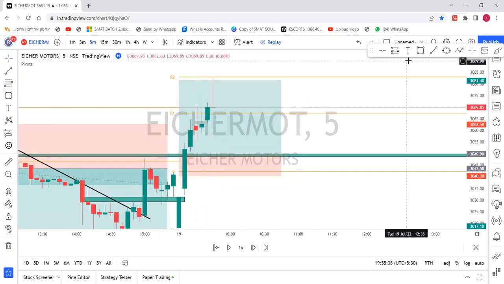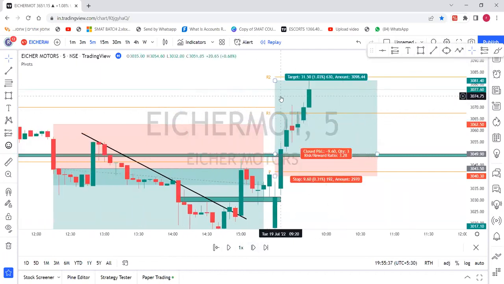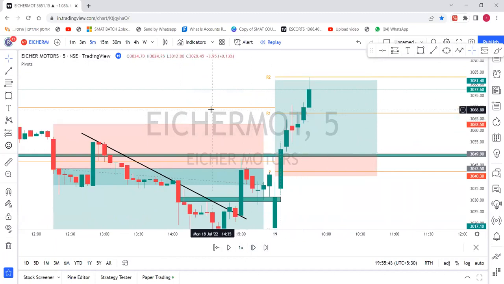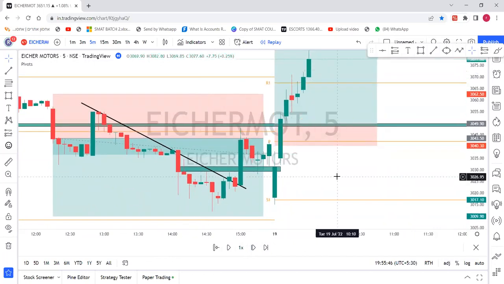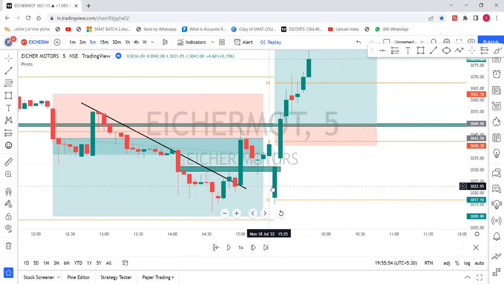I'll continue my trade. And this has given my target. Now, if I talk about this trade, why I have taken this is completely based on experience. I'm looking at the candlestick formation, which you are missing out. It will take some time to understand, maybe around 6 months or 8 months, to understand the candlesticks, the strong